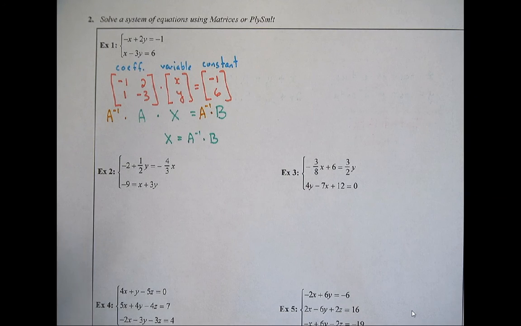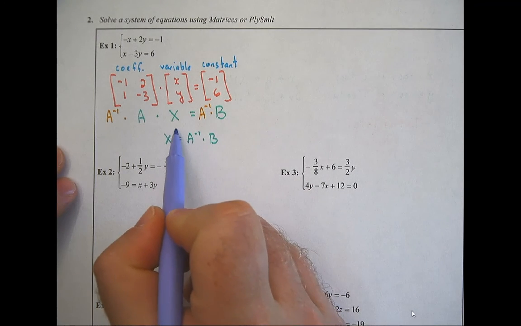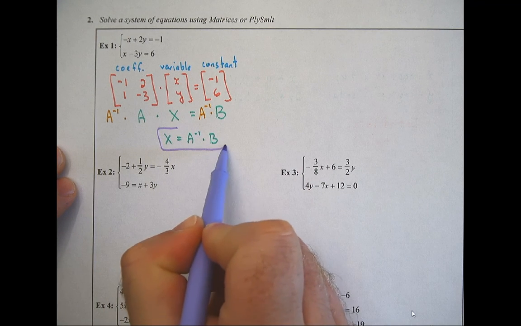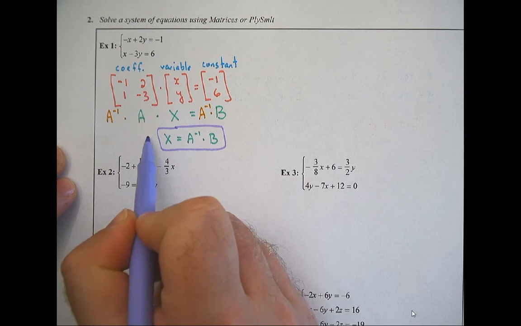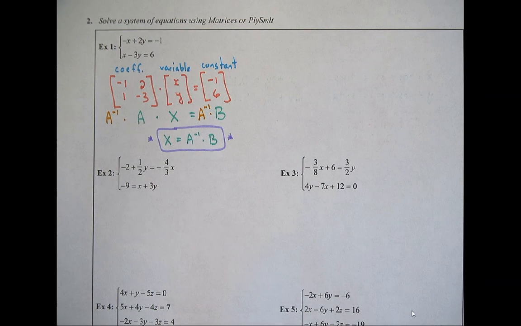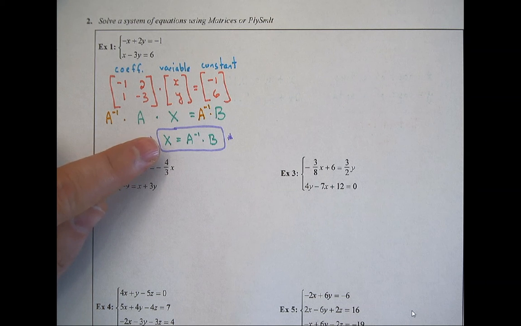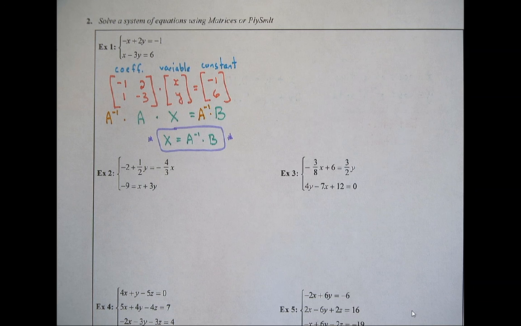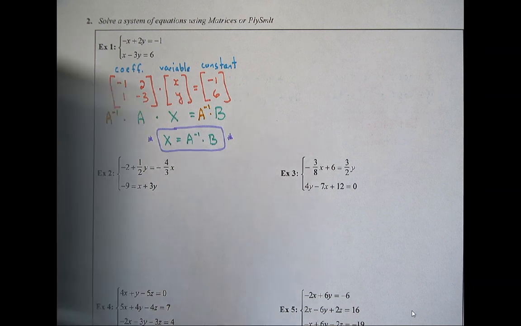This is a big deal. This is one of the things you're going to want to memorize. Put a little star next to it. Because what I can do then is I can make these systems of equations into matrices, and then I can plug into my calculator A inverse B, and it will spit back my solutions. So let's take a look at